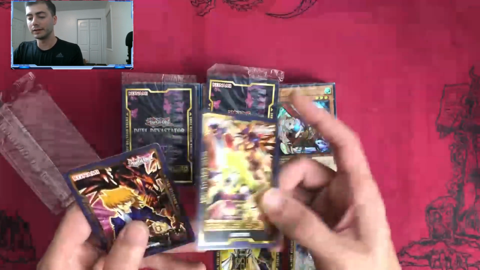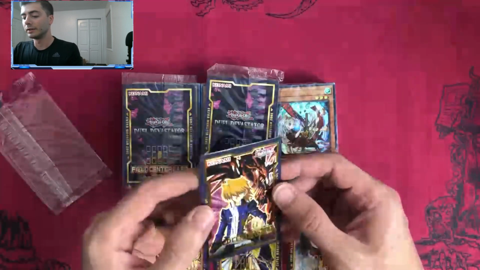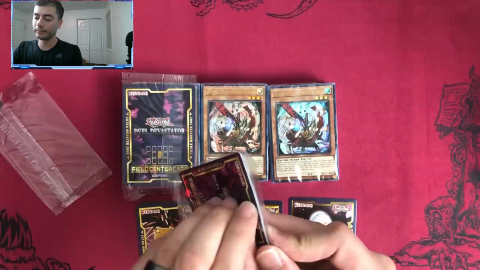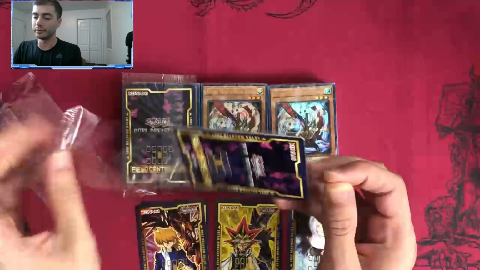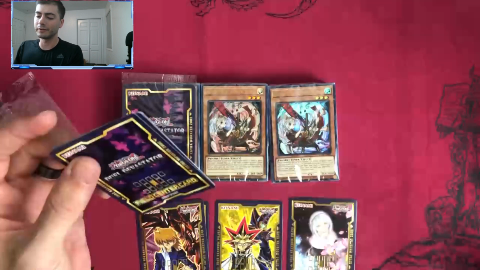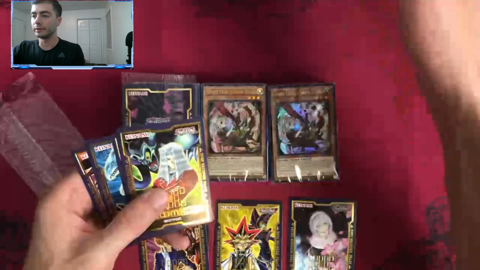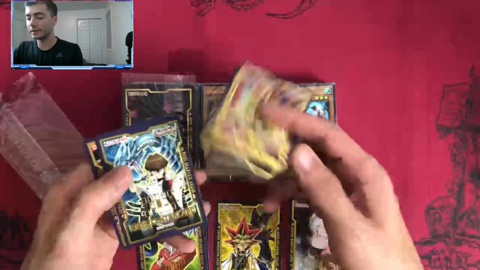My Valentine and Amazon Swordswoman. Whatever. Joey Wheeler with Red Eyes Black Dragon. Okay. I'm pretty happy about the... I mean, I just want to get all the ones for the Ghost Sisters. I'm never going to use any of these for my field center. I'll stick with my good old Celebi card. Pegasus and Toon Summon Skull. I mean, that's okay. Another My...